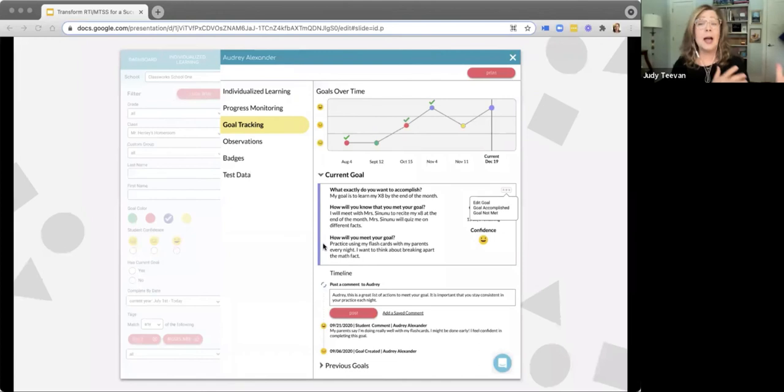Now, as observations track what is happening, student goal setting takes ownership really to the next level by asking students, what exactly are you trying to achieve? Now, our Classworks goal tracker uses that SMART goal framework to create a goal, set the steps to achieve it, and then determine a timeline to accomplish it. And this is so powerful for students. Goals need time frames and measurable action steps along the way, right? So that students can keep track of progress and make adjustments as necessary. Goal tracking builds student ownership and really offers a sense of control over outcomes.